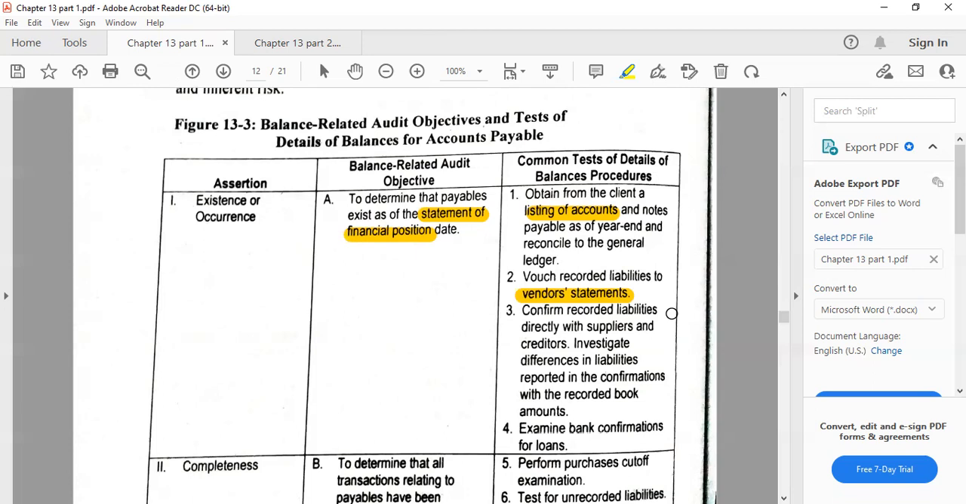We can confirm recorded liabilities directly with suppliers and creditors by sending out confirmation letters. So how do we confirm? Kita auditors mag-send og confirmation letter dito sa supplier. So